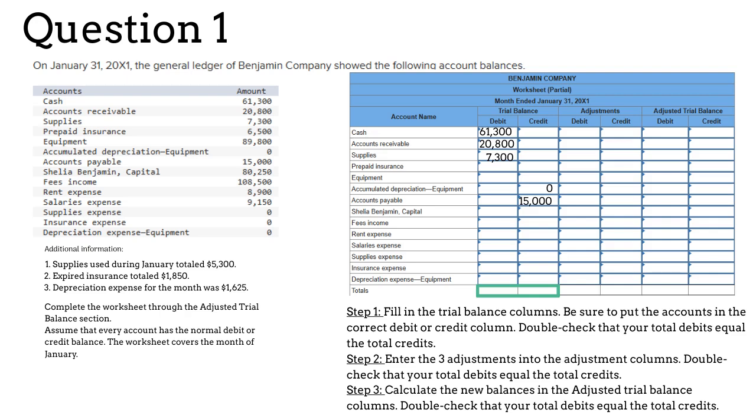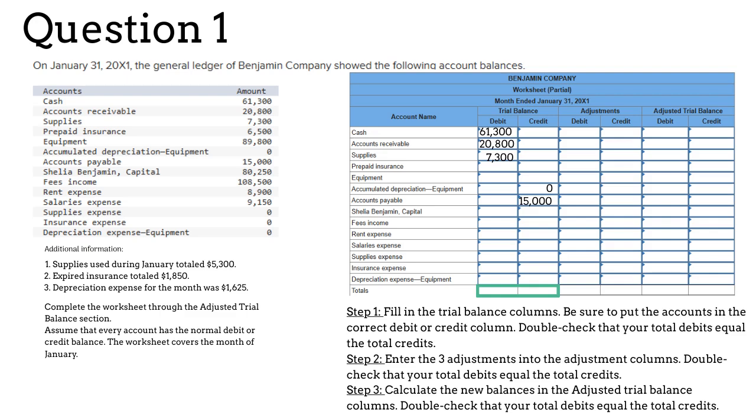Sometimes you can find your mistake quickly by subtracting the total debit amount from the total credit amount and dividing it by 2. That will tell you if you entered an amount on the incorrect side. If that isn't helpful, you'll have to examine each account, one by one, and determine where you made a mistake.